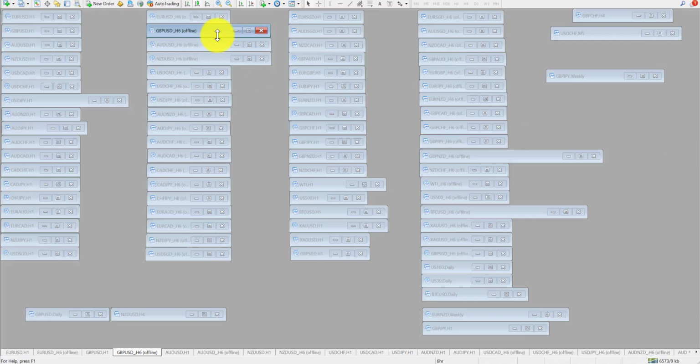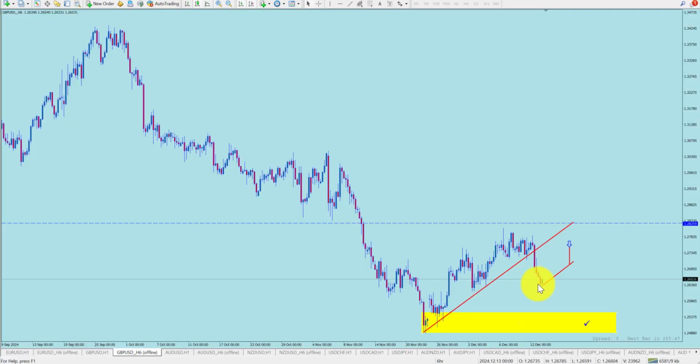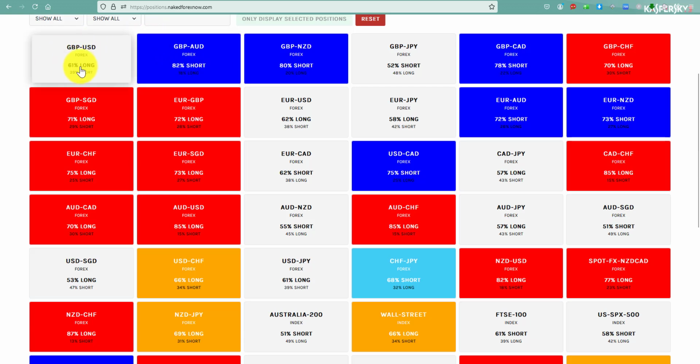goes up, okay, so the pound is in a bearish trend, right? But when it starts to go up a bit like this, you'll see the numbers will fall away. They'll get closer to 50-50. And then when there's trending candles, big fat red candles that are coming down hard, you'll see the numbers get out of whack again. It'll go to like 72% long or whatever. So right now it's at 61% long. If it keeps going higher, you would expect that to drop and go to 58 or 57, whatever, something like that. And then as soon as you start to see the trend kick in again, this will go orange or red again. That is very typical.